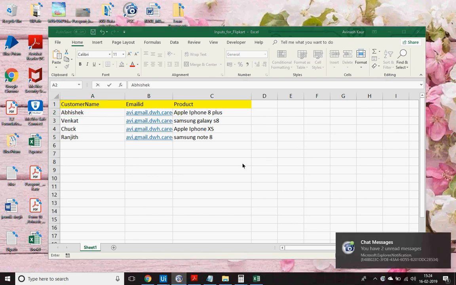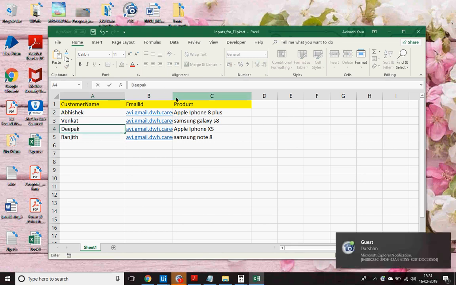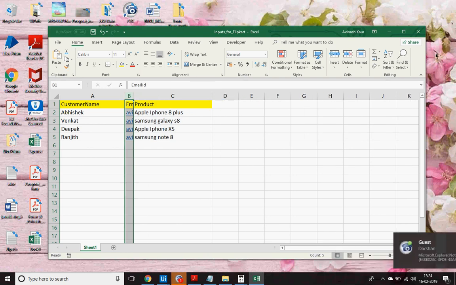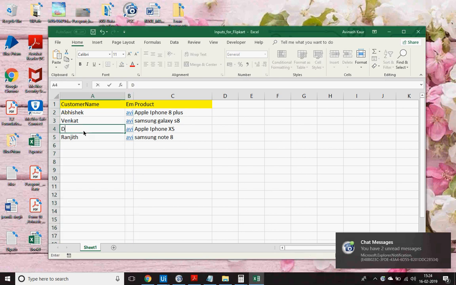Then I can use Deepak, and perfect. And I can use Indra and Darshana. Perfect. Thanks guys. So I'll use Darshan